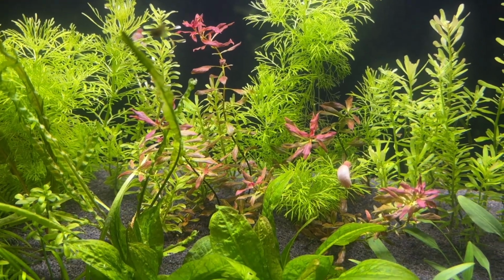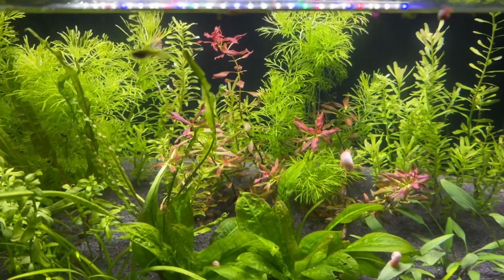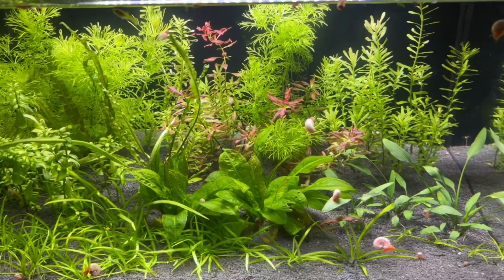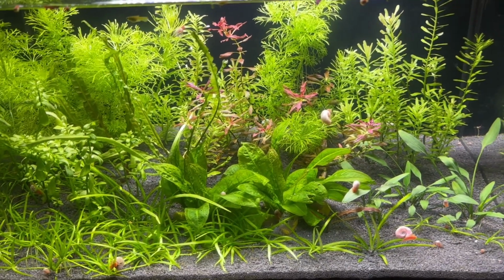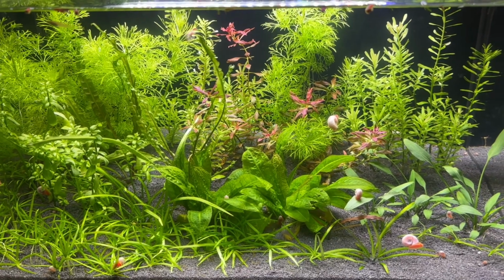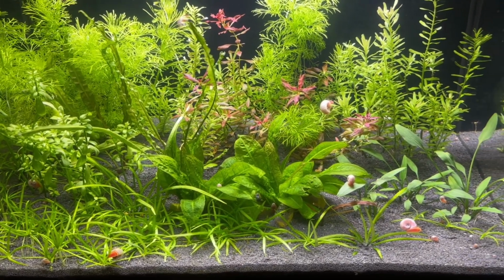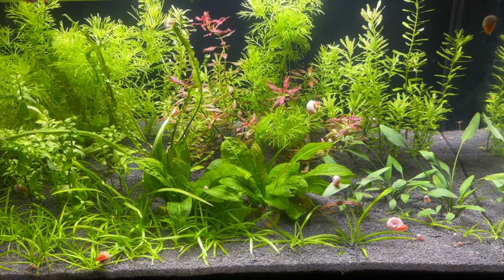Trimming is a little bit more difficult too, because rather than just trimming the tops off the stems like the other stem plants featured in the video, personally I choose to uproot the entire plant because being Ludwigia, it does drop a lot of the leaves off the bottom part of the stem. Then I'll trim the healthy parts off the top and replant the healthy bits into the substrate and throw the